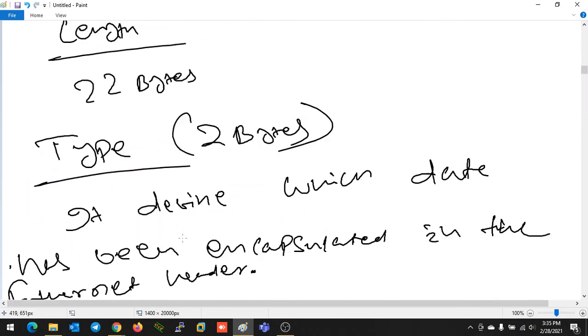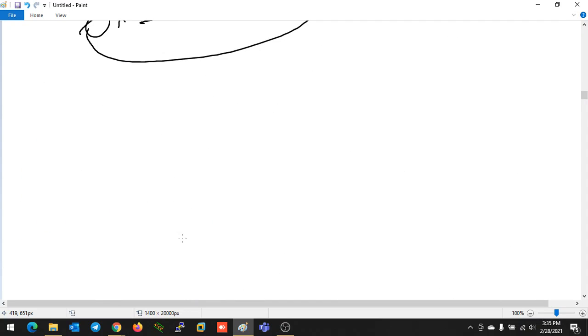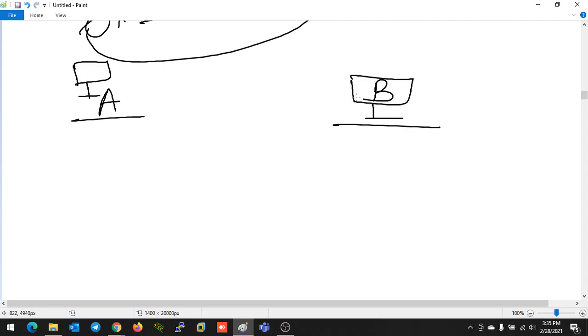Okay, now we will discuss a little bit about the encapsulation and decapsulation process to help you understand things like protocol number and port number, and what kind of things are going to happen. So in this example, device A is going to send some kind of data to B. For example, A is going to send some data by using HTTP.